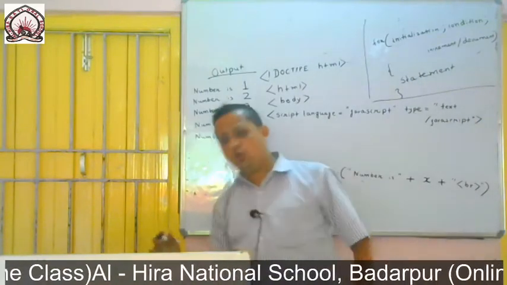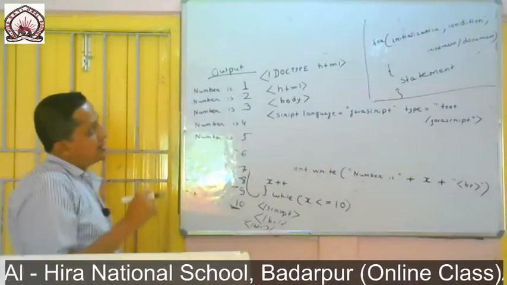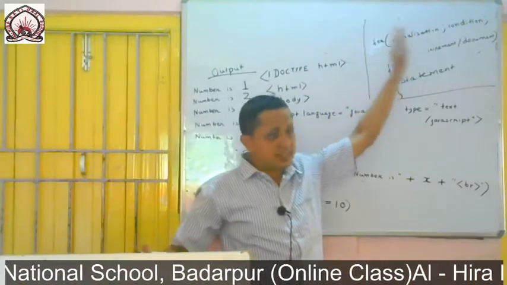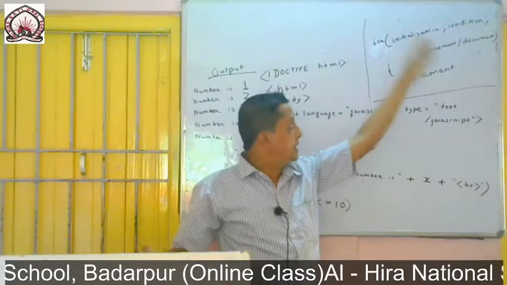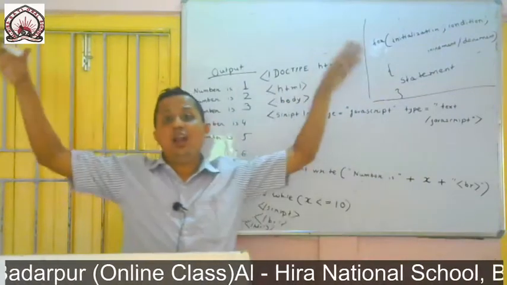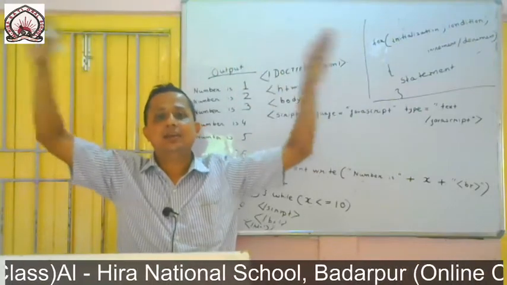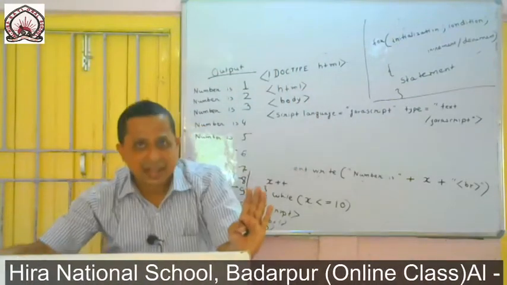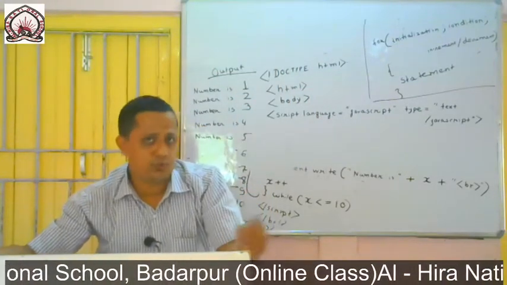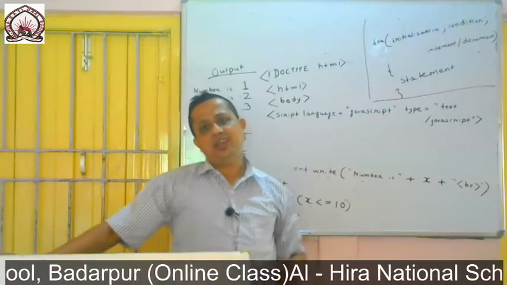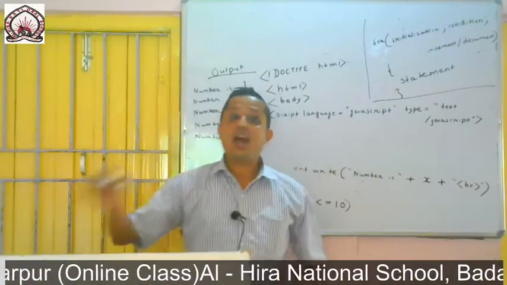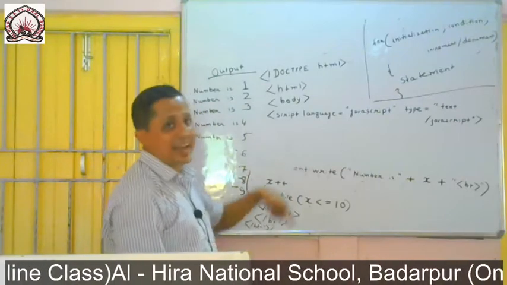This is the general format of the for loop. For, initialization semicolon condition semicolon increment. It means initialization, condition and increment or decrement are all inside the same common bracket in the case of the for loop. For this reason, I personally feel the for loop is the easiest one. So how can I write it?